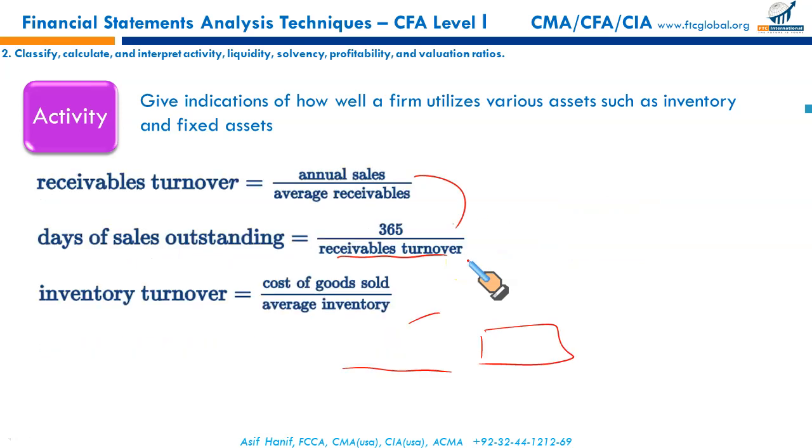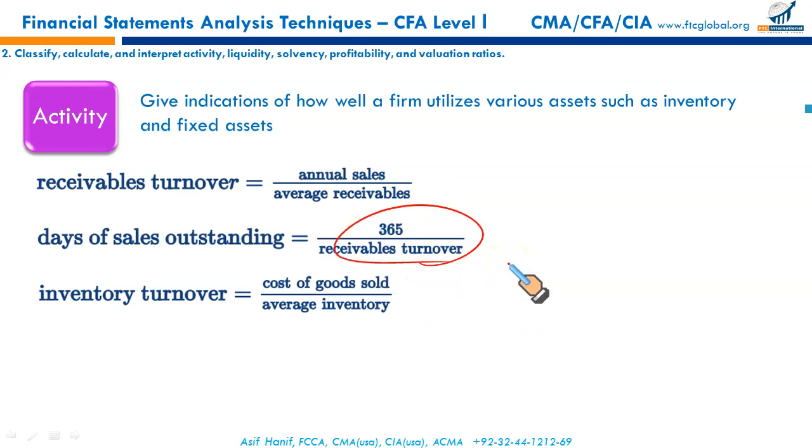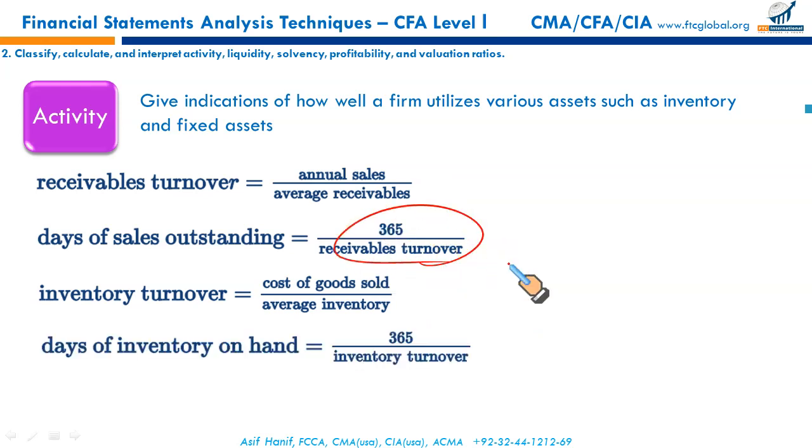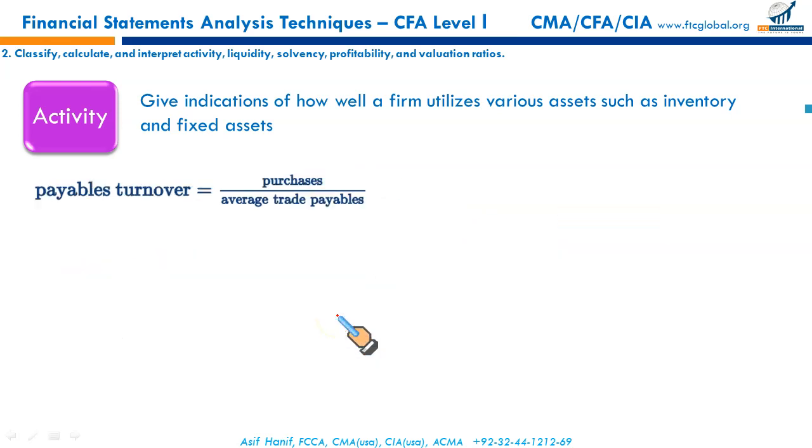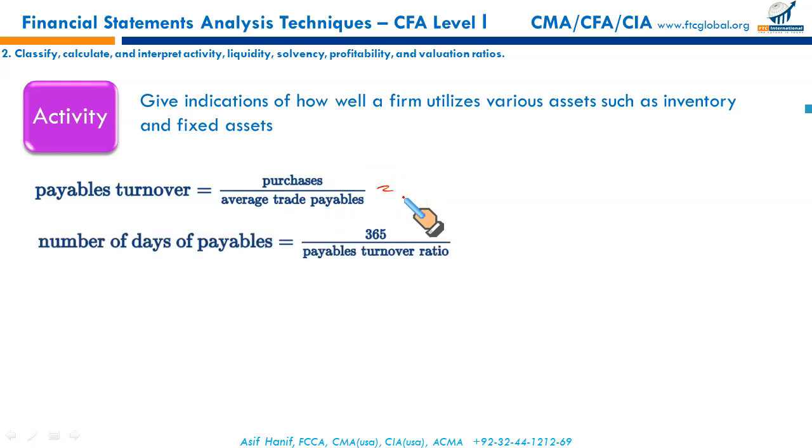Now ideally you should collect as quickly as possible within the credit terms with your customers. Your inventory should rotate as frequently as possible in 1 year, and within the credit term with your vendors, you should delay as much as possible without damaging your relationship with your vendors. This will give you a certain cushion of cash. Collect as quickly as possible, delay as late as possible without damaging your relationship with your vendor. That will leave sufficient cash to be used for business operations.